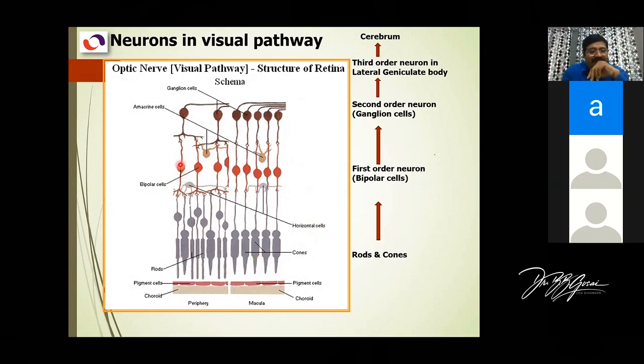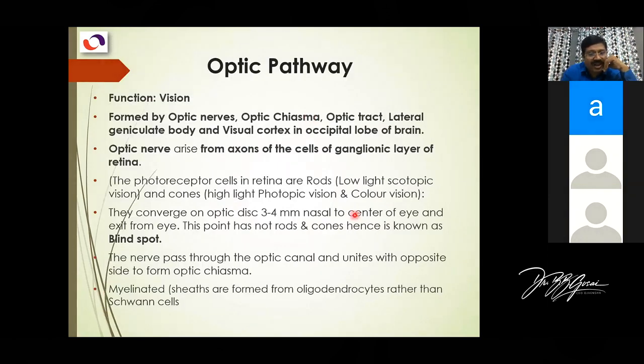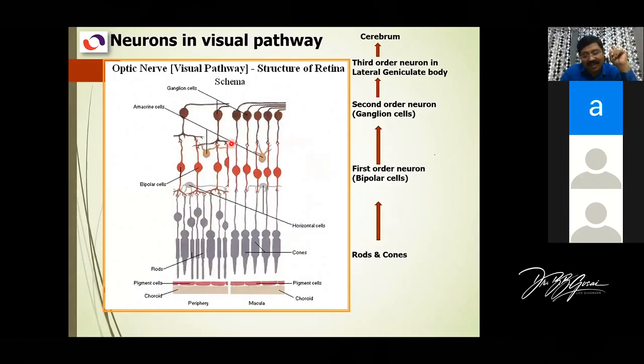Then they relate to these particular cells. This is our first order neuron. This is a receptor, and then the order of neurons starts. First, second order, third in the geniculate body, and then it ends in the cerebrum. Already I explained, but this part is the blind spot we discussed when we were discussing the ophthalmoscope. When the optic nerve exits from the eyeball, there are no rods and cones there, and that is why that area has no sensation for light. We call it the blind spot, because the optic nerve